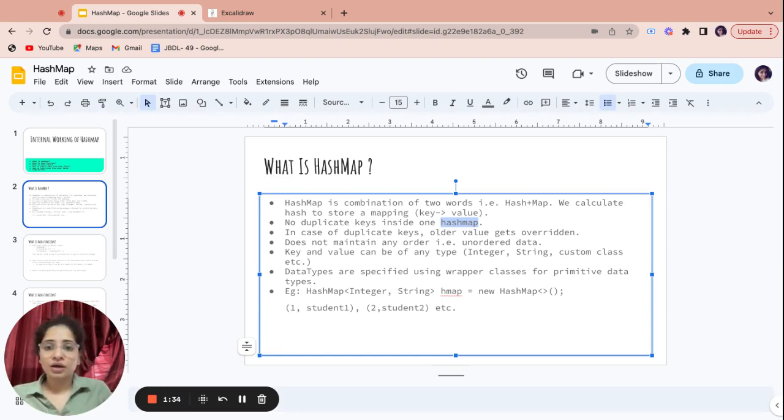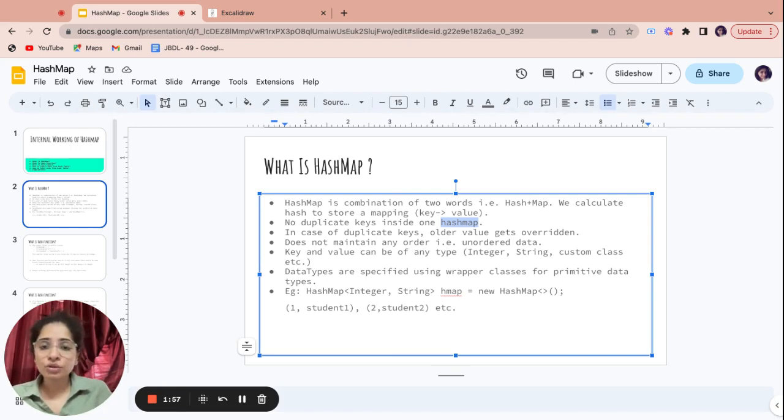As I have said, this is a key and value pair, so there should be some data type of the key and also a data type of value. The key can be of any type, string, integer, or a custom class, and the value again can be of any type. It can be integer, string, or any custom type of object.